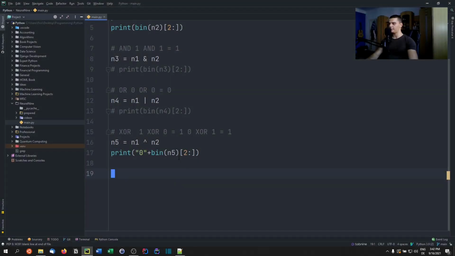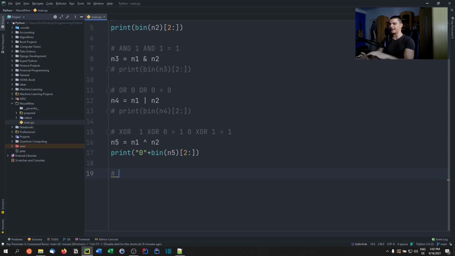Then we also have a bitwise NOT, or a negation operator. The problem with this one is that it's not actually what you would think of as a bitwise NOT, which is turning all the bits around. It doesn't work like that because we're working with unsigned integers, which means that if you take the negation of an integer, you're going to get a negative integer, if it's positive in the first place. And the representation is not exactly just flipping the bits here. Because of that, this operator is not necessarily what we want to use